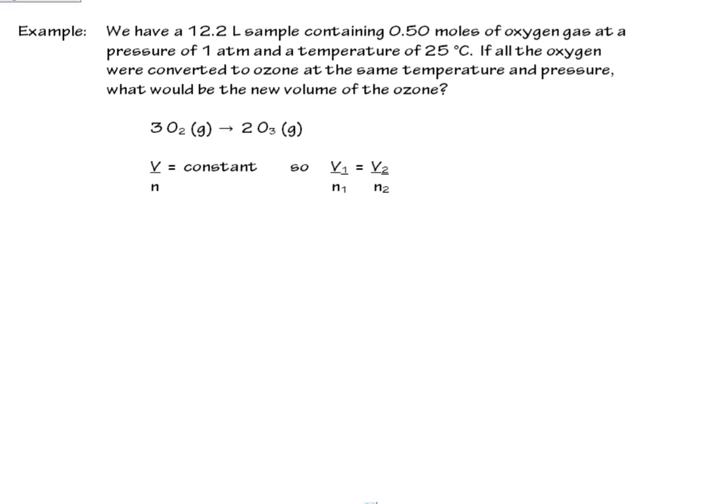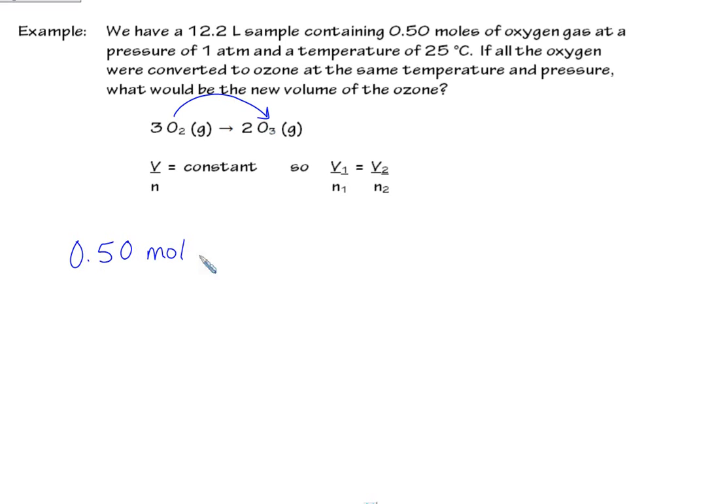So we do have to do a little stoichiometry. Okay, so first we need to figure out, if I have 0.5 moles of oxygen, how many moles of ozone should be formed? And from there, I should be able to convert that to volume. All right, so we'll do the stoichiometry. We have